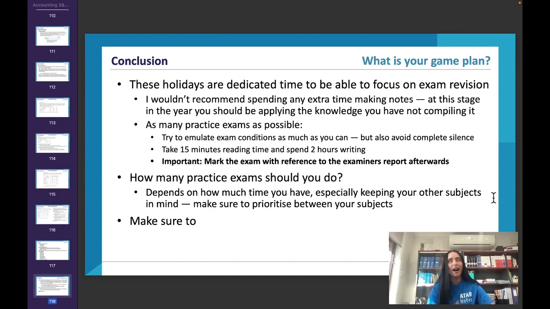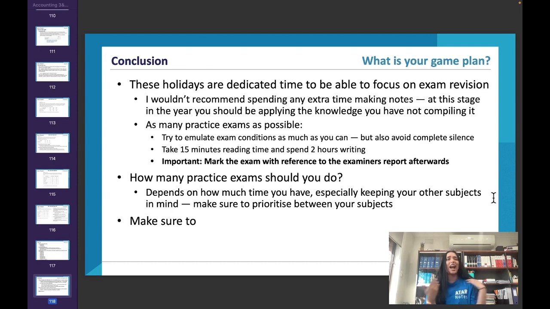I cannot stress enough how fast the accounting exam goes. So many people don't finish it. A very, very small percentage of people actually finish the exam. So that comes down to not just practicing finishing the set of questions in the set time, also practicing doing the questions that you're good at first.